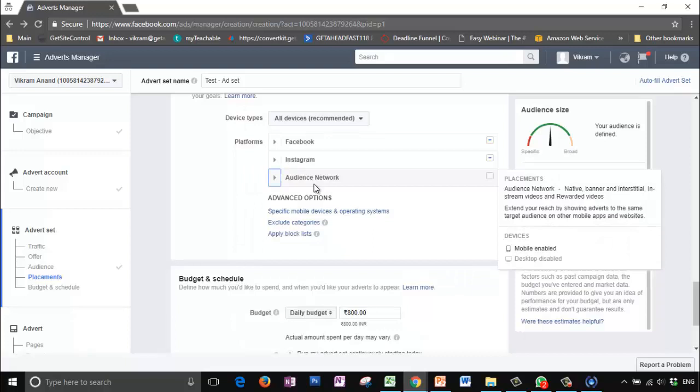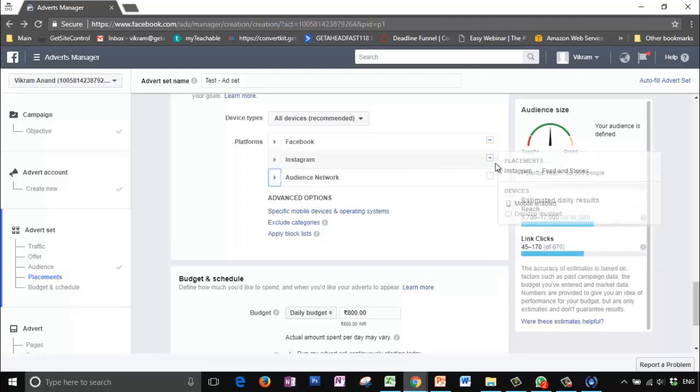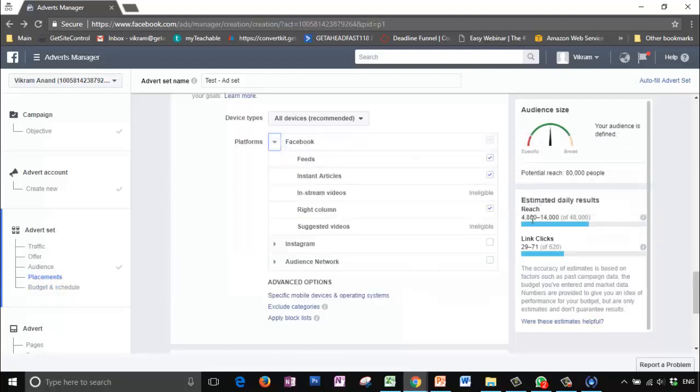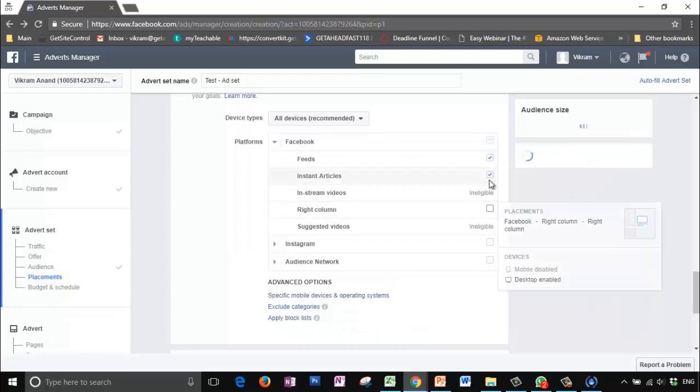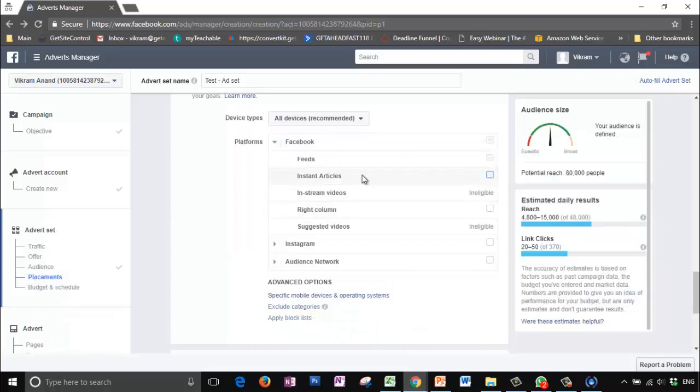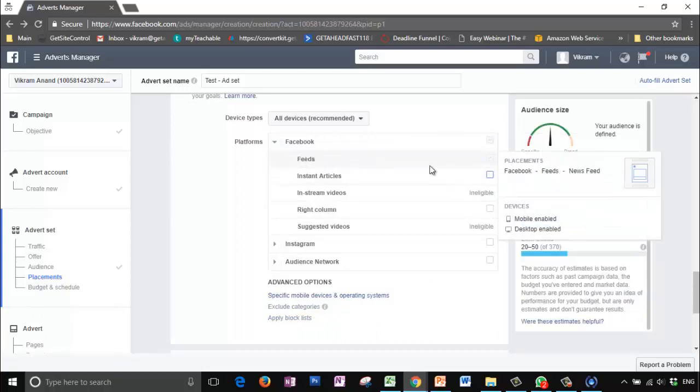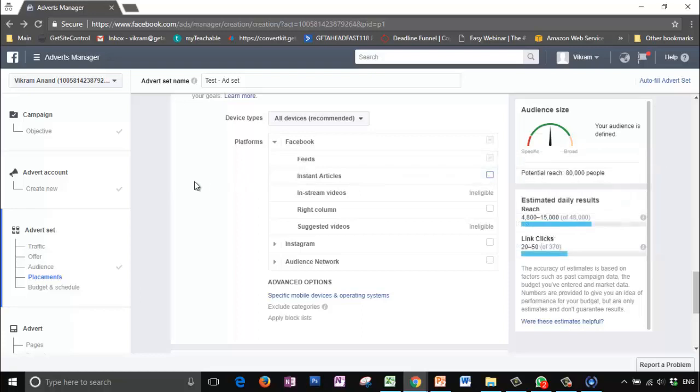Even though it drastically reduces your cost, the fact is the quality of leads from the audience network is very suspect. Remove Instagram because Instagram increases the cost of your advertising. Come to Facebook. Remove right-hand column, instant articles. You only want your ads to appear in the feeds. Okay, you only want it to appear in the news feed, mobile news feed and desktop news feed of your